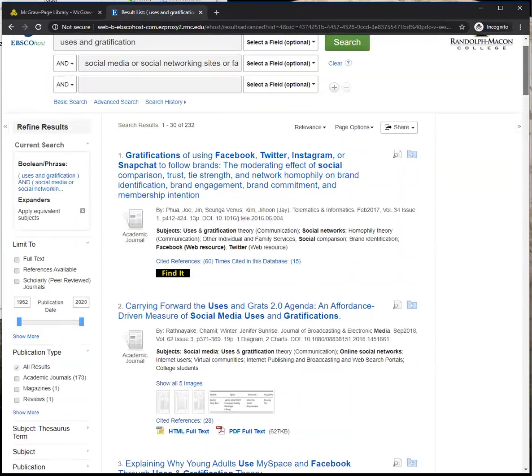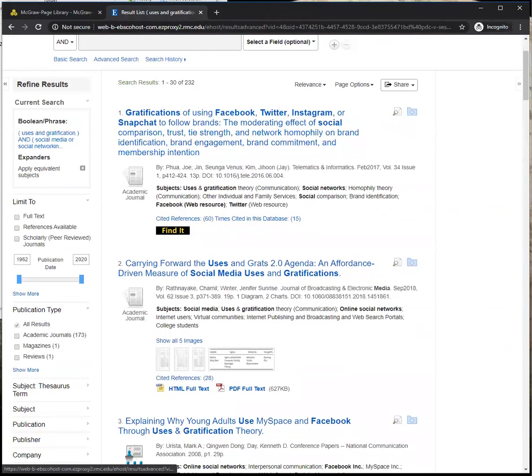So let's look at some more options over here in this resource. On the left-hand side, there's a button for full text. If you click on that, it will limit to things you can read right now at this moment. So only the things that have HTML or PDF. Now, as I just showed you, the Find It button could actually take you to full text, but we can't guarantee it. The full text gets rid of that. Okay, if you're pressed for time, full text will give you the things only you can read right now.